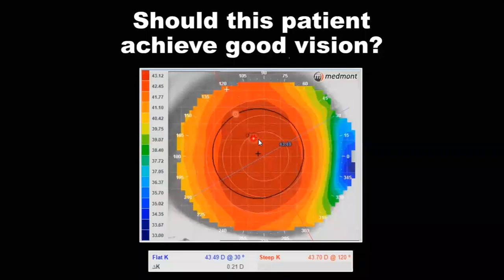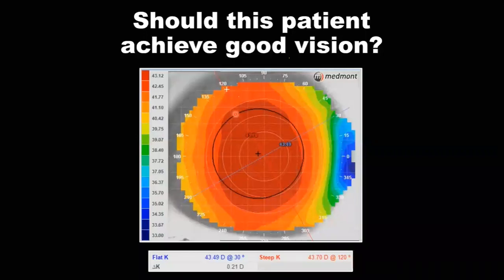See there, this is a warm color. Of course, this is a warm color. So even this is scale grading. Even for the maximum warm color, the power they have given on the scale is 43.12, and here also it is written 43. So it is fairly like a regular K reading. But as a comparison, you can say the difference is too much from the periphery to the midpoint of the cornea, 33 to 43.